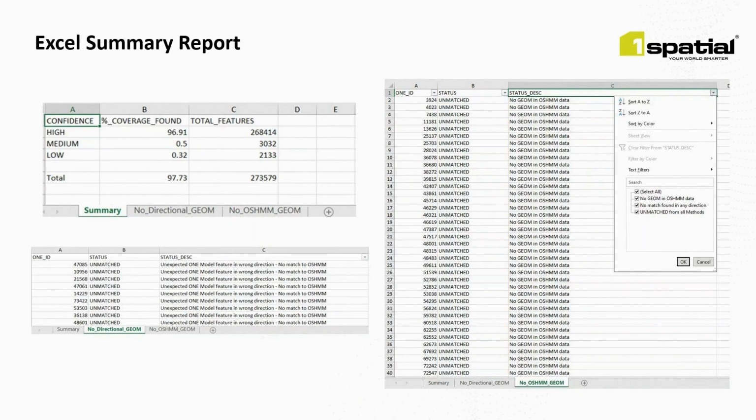For the other tabs, the no directional geom tab lists those One Model features that were found to have no match within the highways features, as they only had one directional geometry to match on. And the last tab,